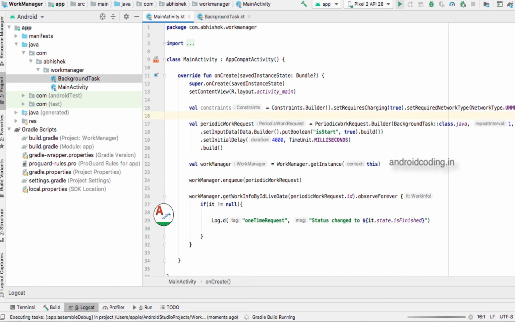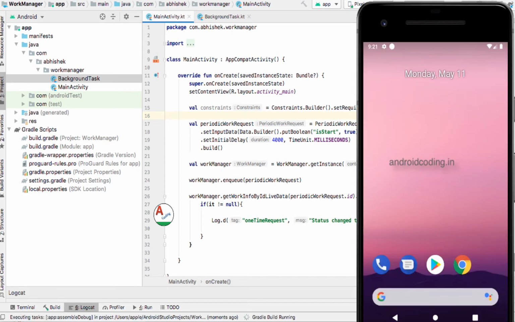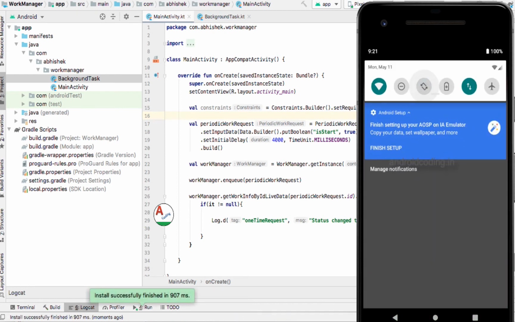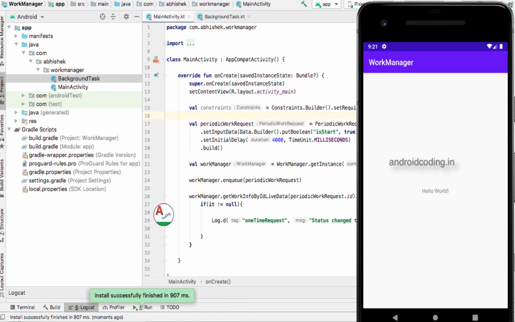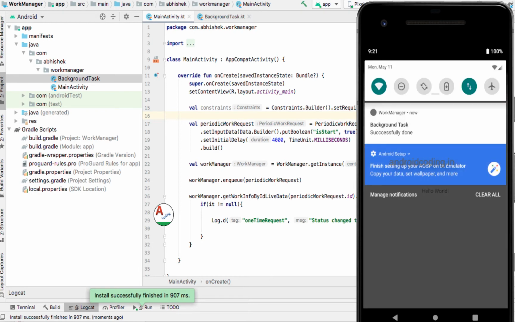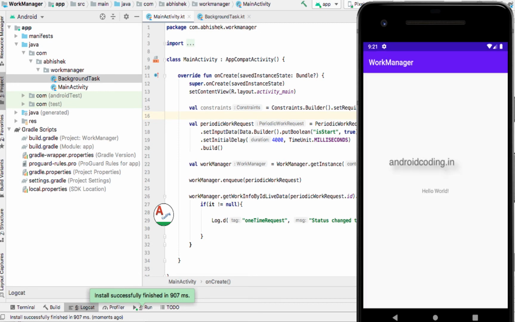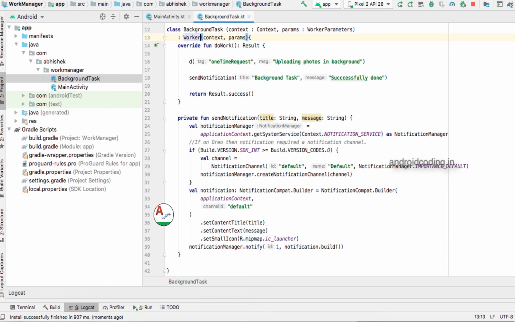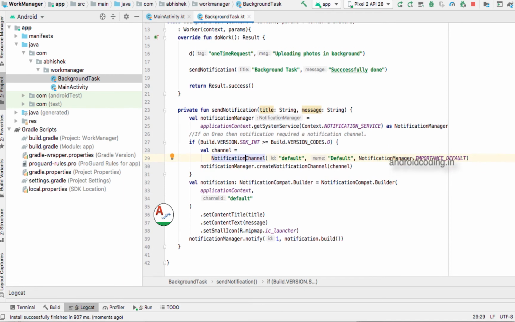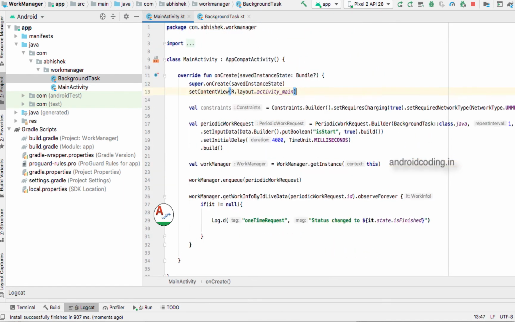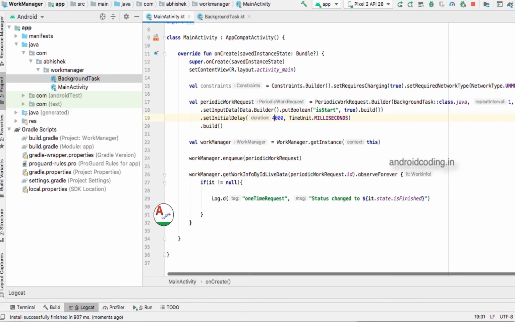It had actually run previously, so we will restart it. Now observe: after 4 seconds, I think you have seen the background task successfully done notification.